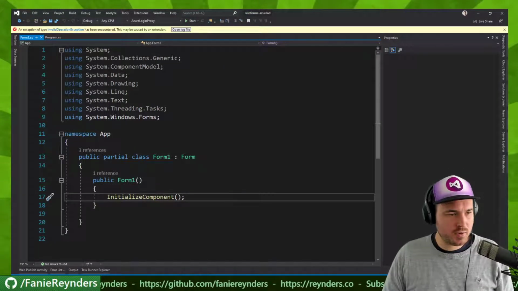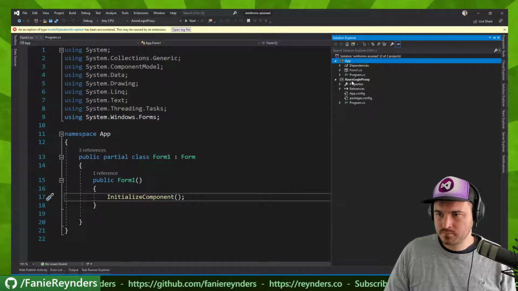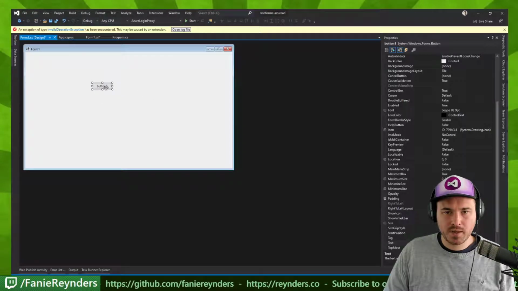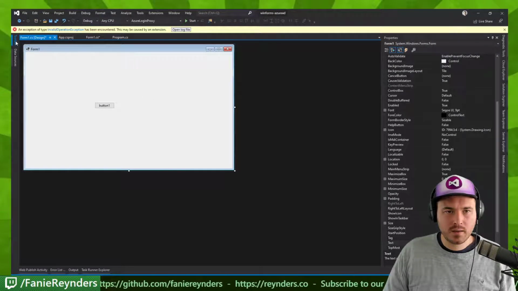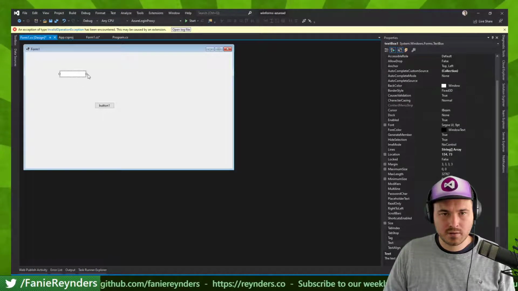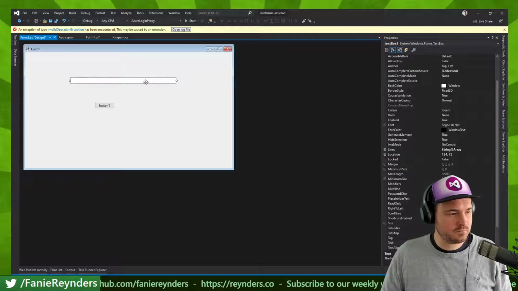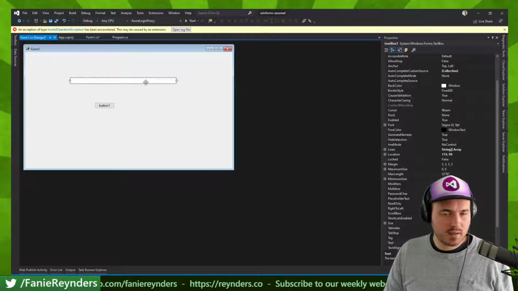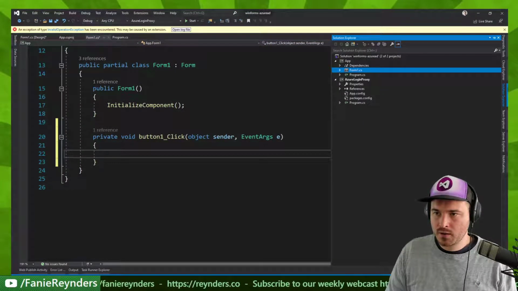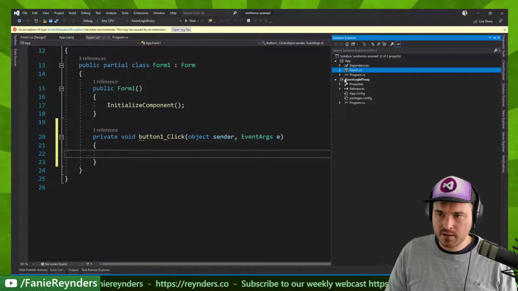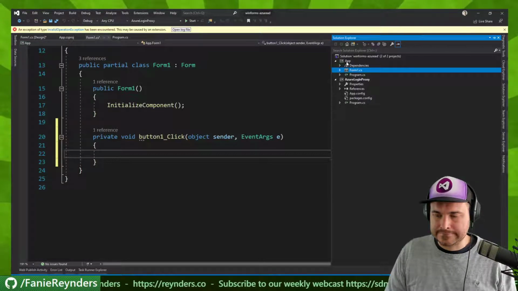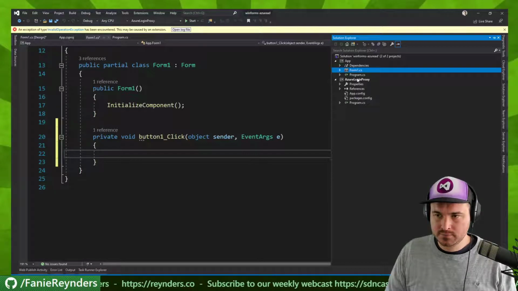And then what we want to do is when this app starts up, have this button and have a text box. So I want my access token to go in there. So what we can do is we could say that this proxy